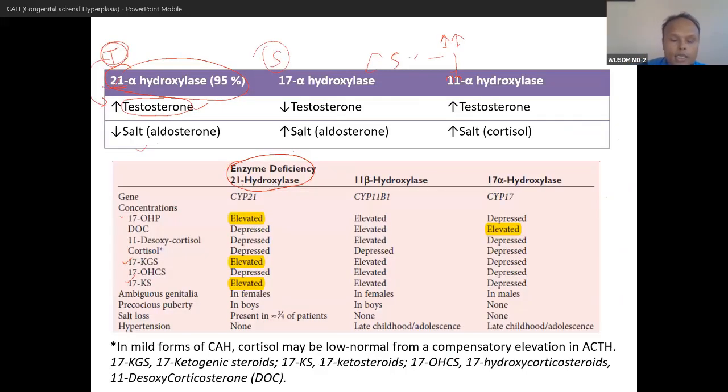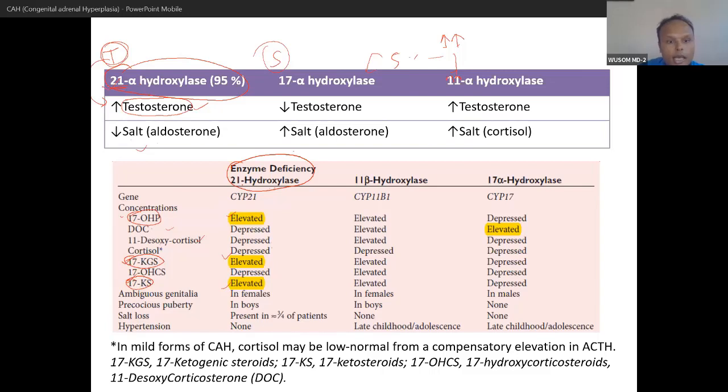Now we can see androstenedione is a virilizing sex corticoid. So you can see this sex corticoid, these are 17. Somewhere you will find 17 containing molecules will be high. All 17 containing molecules will be high. So elevated, elevated, elevated. And then salt will be depressed. These are the salt-like molecules, other than 17. This will be depressed, depressed, depressed.